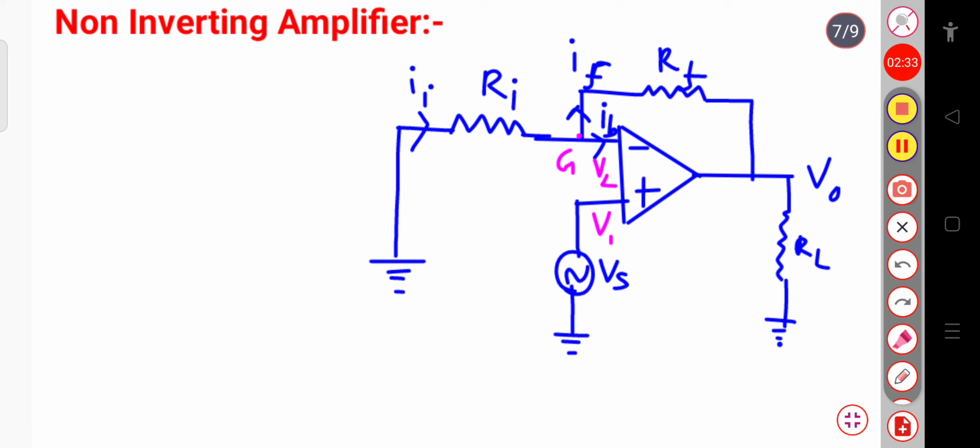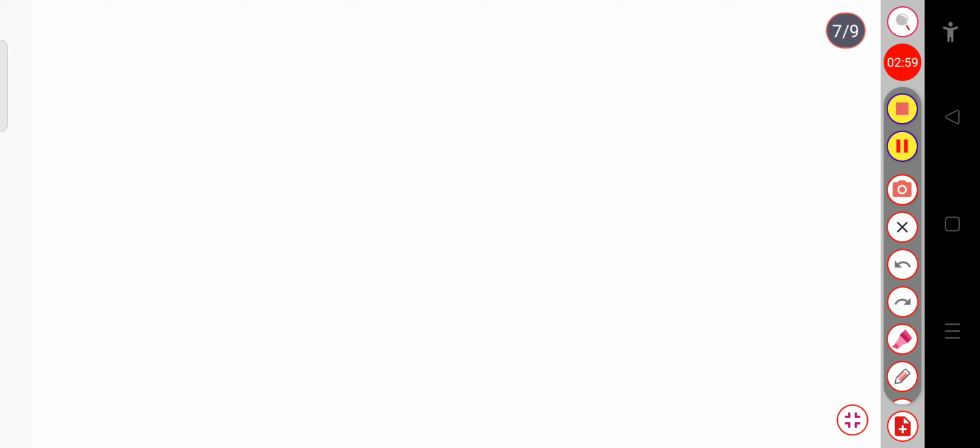And this is the feedback resistor, and in this feedback part, a part of the output signal is again fed back to this operational amplifier through the inverting input terminal. So across this input terminal you will get a part of the output signal at this point. This is your feedback resistor. So let us write these things.